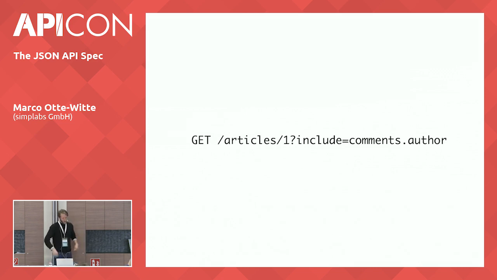If we make a request like this, then that means we're reading the article with ID 1, and for the article we want to have the comments relation included, and for each comment we want to have the author included, which is obviously handy if the client can configure that based on what data needs it has for specific routes. And you can minimize requests with that, of course, instead of just having the server decide which resources are being side-loaded in which responses.